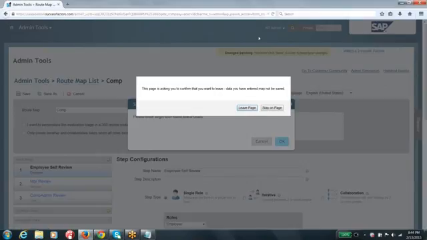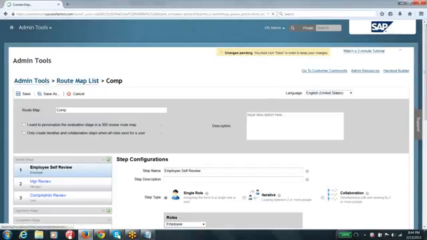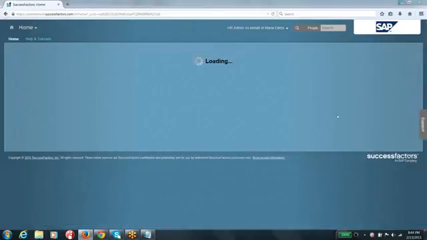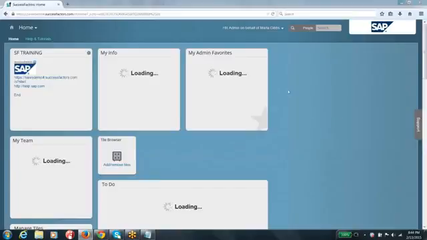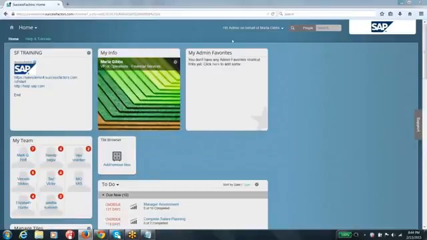Can you please scroll your screen up so we can see them at the bottom, because it's not visible? No, I'll come back to that particular section later, because I want to show you what an end user is going to see, how the route map is going to look for an end user. Let me show you that, then I'll come back to that particular configuration.